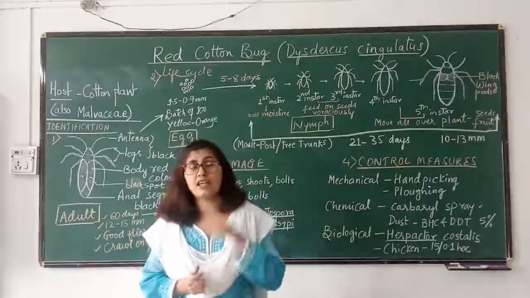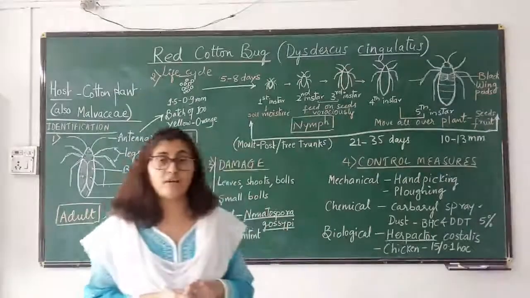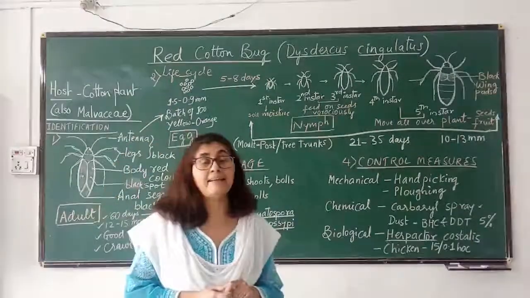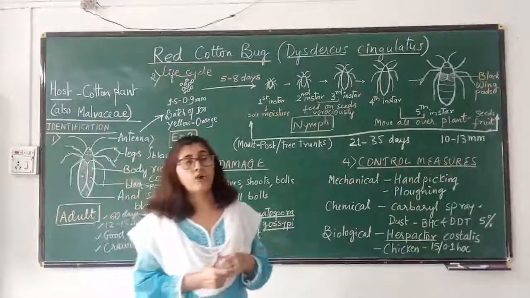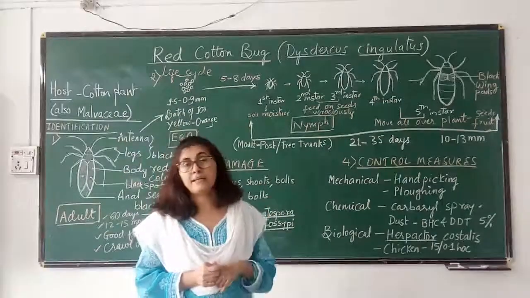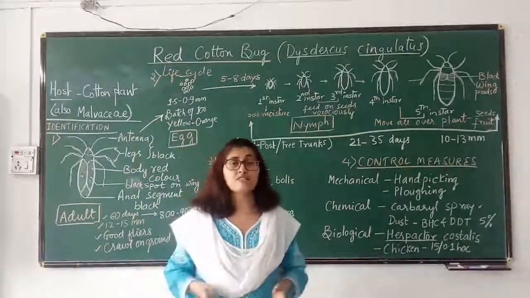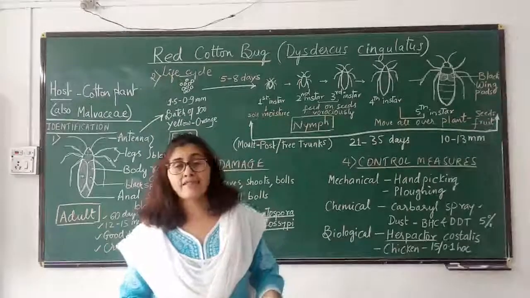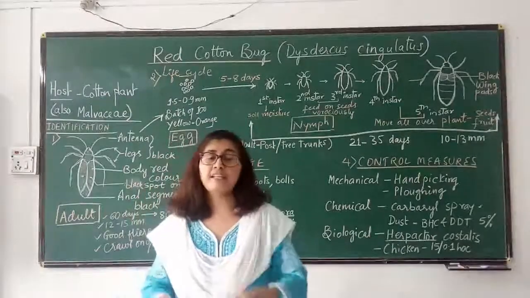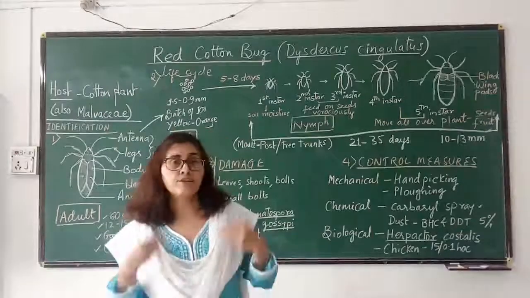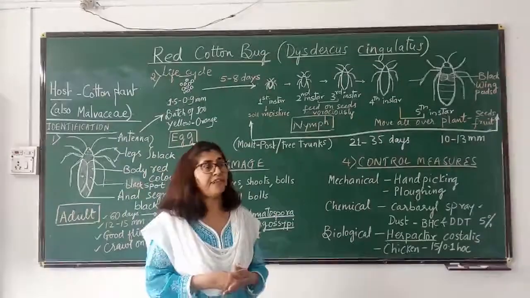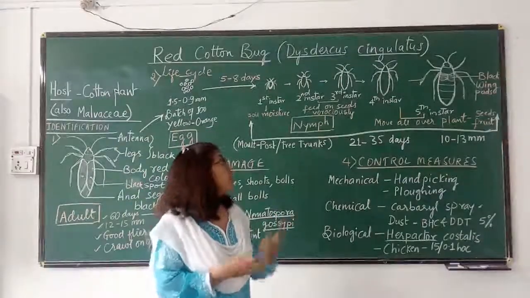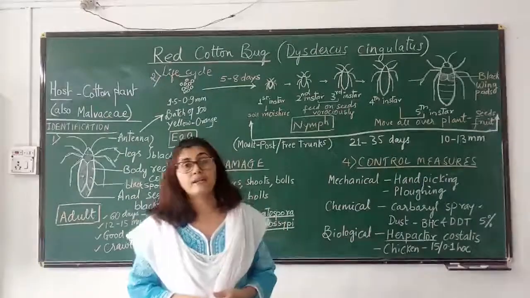Around 15 chicken can be used to control 0.1 hectare land of cotton crop from red cotton bug infestation. These chickens you can put in a cage having a trolley, and you can rotate them in the field in different places, or you can leave the chicken like that only in the field. So this is about red cotton bug.